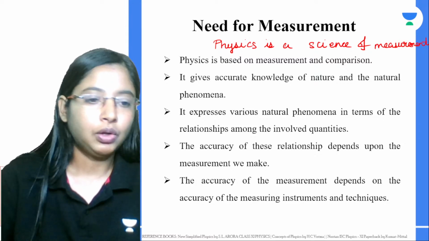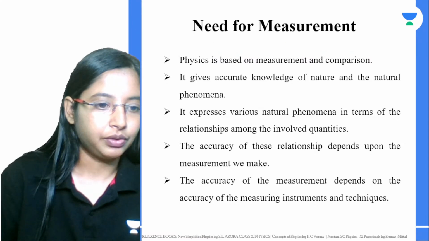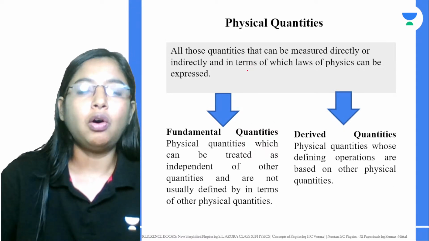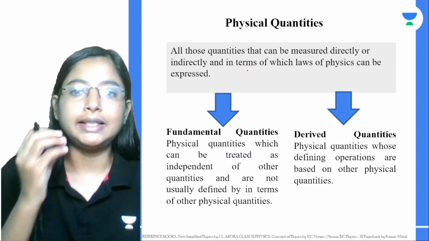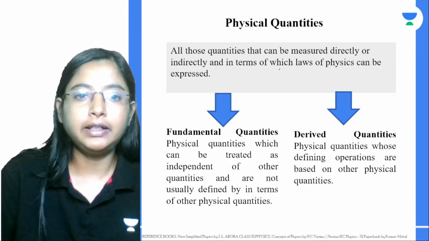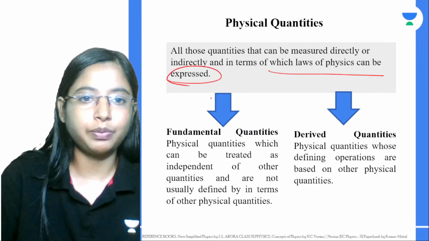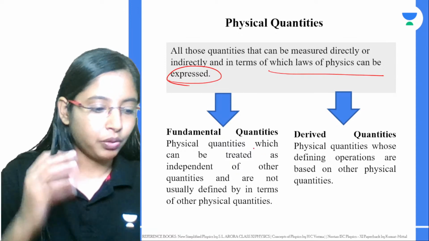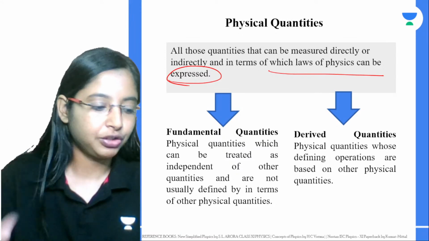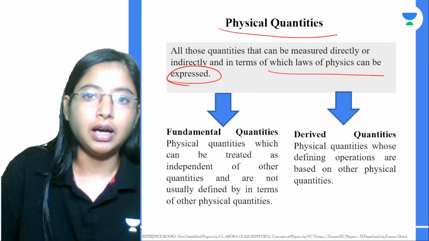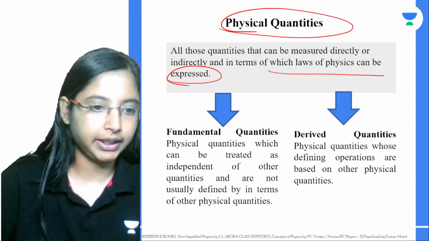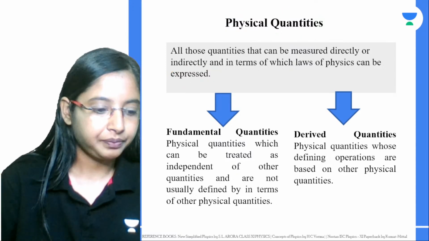So what are these basic quantities that we are talking about? All these quantities that can be measured directly or indirectly in terms of laws of physics can be expressed in two ways. A quantity linked to any physical phenomenon and subjected to measurement may be treated as a physical quantity. For example, length, mass, time,